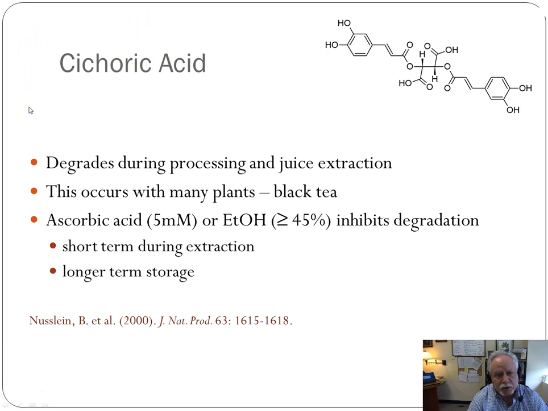And that degradation process can occur because there are enzymes in the plant itself that, once the material surrounding the cell membranes gets broken down, when those enzymes had been sort of set aside and stored in another area of the plant cell away from the chicoric acid, now they're allowed to mix freely, and they begin to literally degrade the structure of that compound. So that slight addition of ascorbic acid or that ethanol helps with long-term and short-term storage during extraction and then